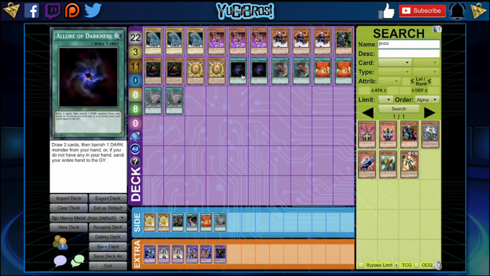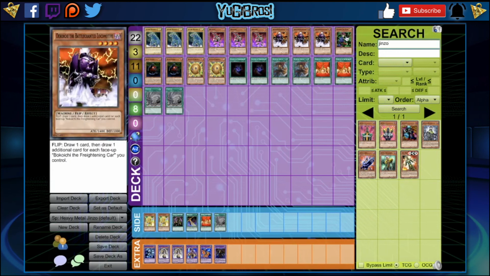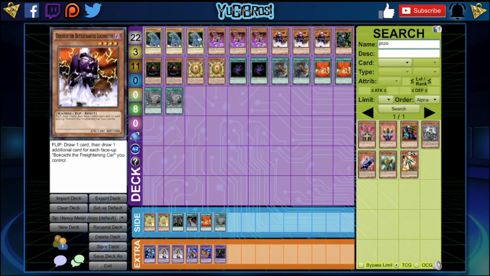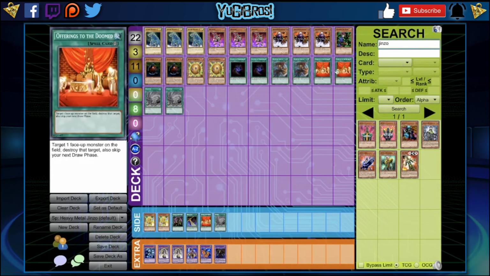And then 2 Allure, every time I play 3 Clogs, but you are playing a plethora of dark monsters. Keep in mind this is a light, so you could definitely probably get away with 3. Double Bashing Shield, make your machines really big so that they can kill something so you can summon Jinzo for free, or put it on a Jinzo, make them 34, and the only thing then you have to deal with is Moth. 2 Offerings to the Doomed, hopefully you have this to deal with the Moth,